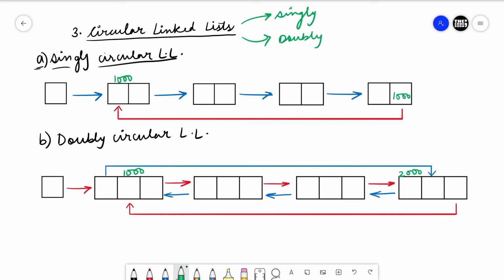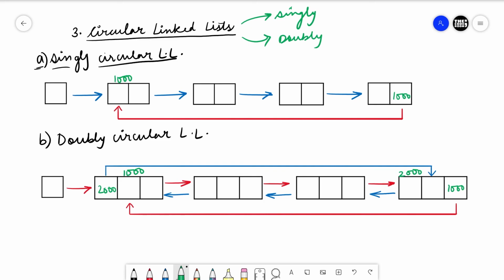So we would store the address of the head node, that is 1000, in the next link part of the tail node, and we would store the address of the tail node, that is 2000, in the previous link part of the head node. We can jump from head node to tail node directly, and similarly we can jump from tail node to the head node directly.